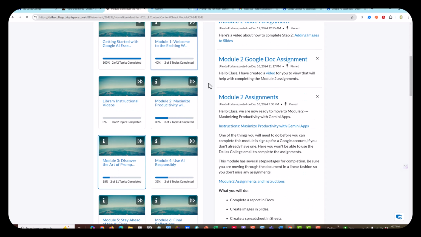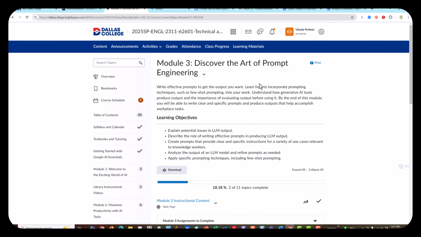Where we will discover the art of prompt writing. We'll learn to write effective prompts to get the output that you want. You'll learn how to incorporate prompting techniques, such as few-shot prompting, into your work. You'll understand how generative AI tools produce output and the importance of evaluating the output before using it. By the end of this module, you'll be able to write clear and specific prompts and produce outputs that help